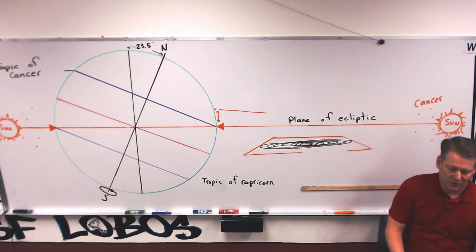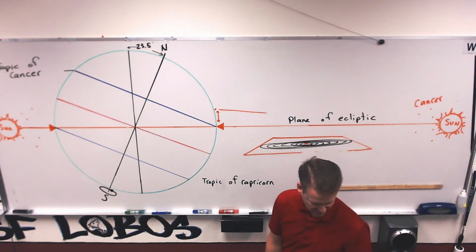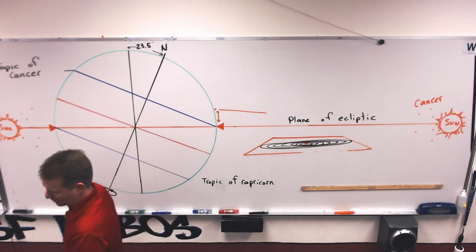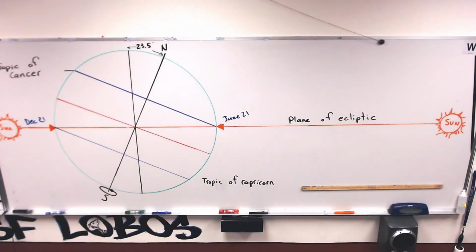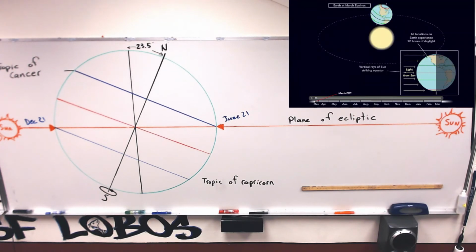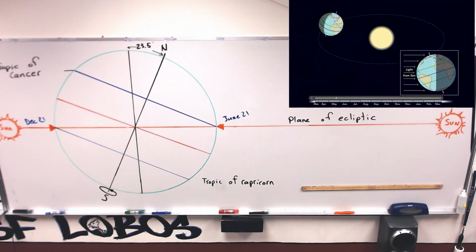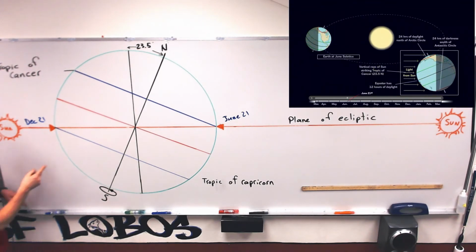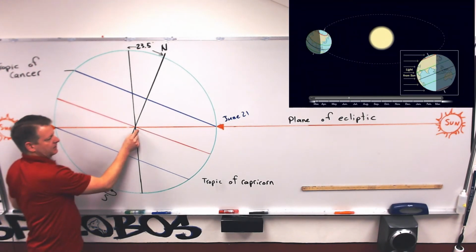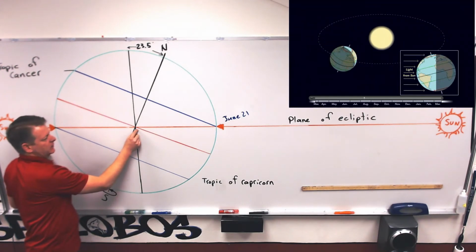Yeah, we don't do that anymore because your phone does it for you automatically, right? You pull out your phone, where am I, and it tells you exactly where you are. Okay, Tropic of Cancer, Tropic of Capricorn, it's important for us because it tells us where our summer solstice and our winter solstice is. When the sun is right here, this is our spring and fall equinox.